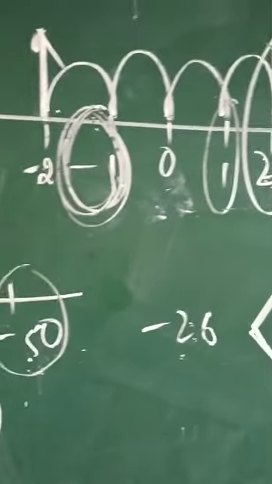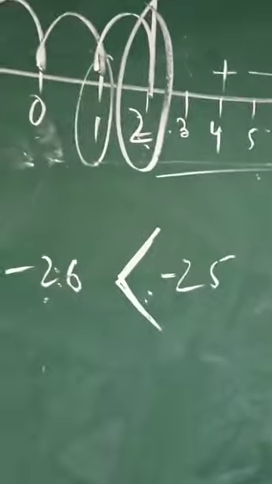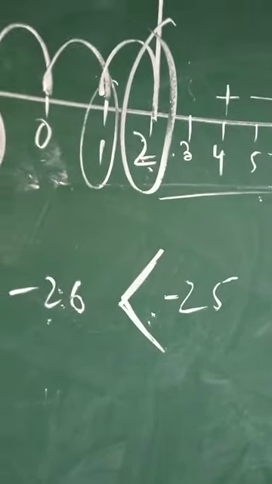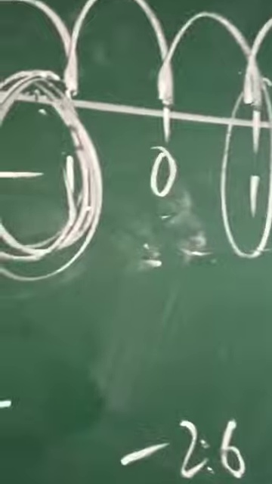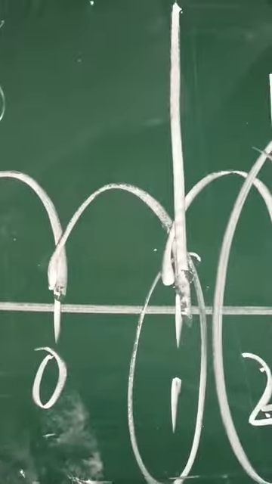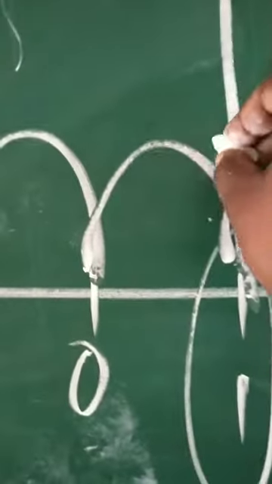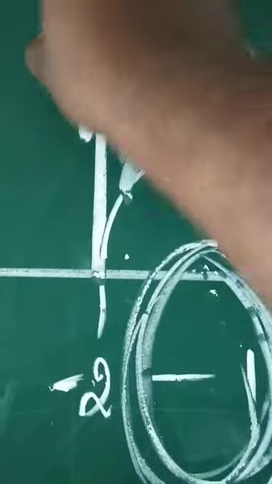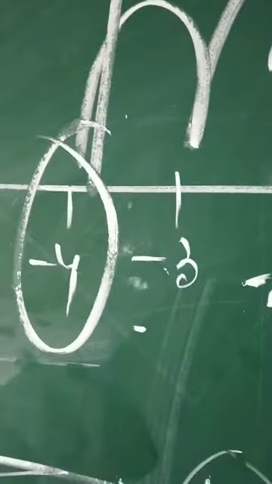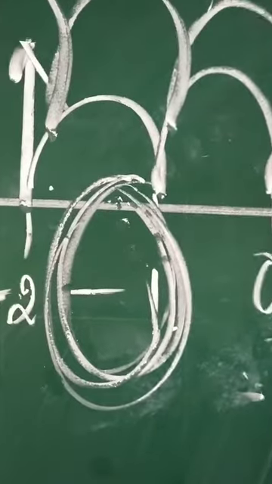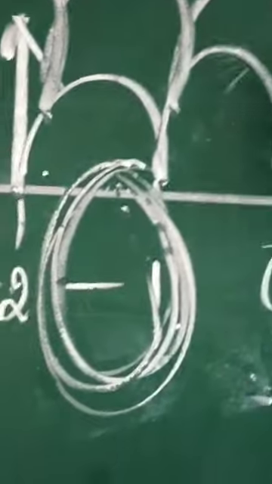Number B. Which number will we reach if we move 5 numbers to the left of plus 1? Again, a similar question. I'll be standing on 1 first, and I'll move 5 steps towards the left hand side from plus 1. 1, 2, 3, 4, 5. I'm standing on minus 4. My answer is minus 4. It's a normal counting, just make 5 steps on the number line towards the left hand side.